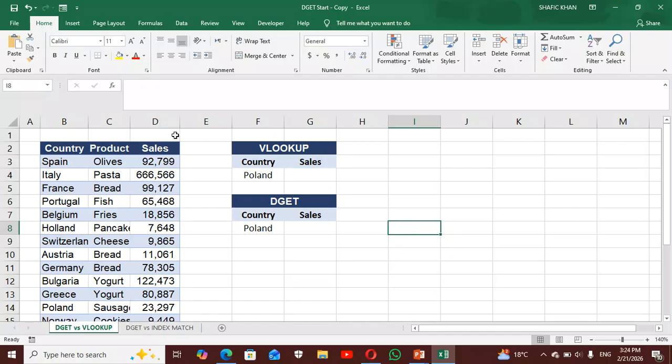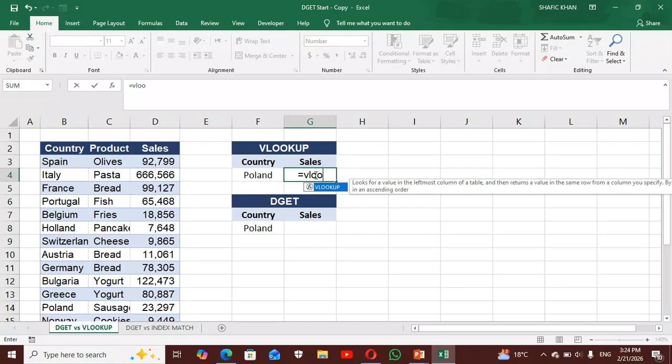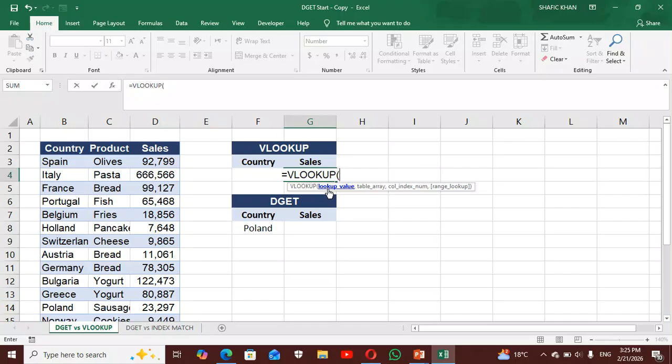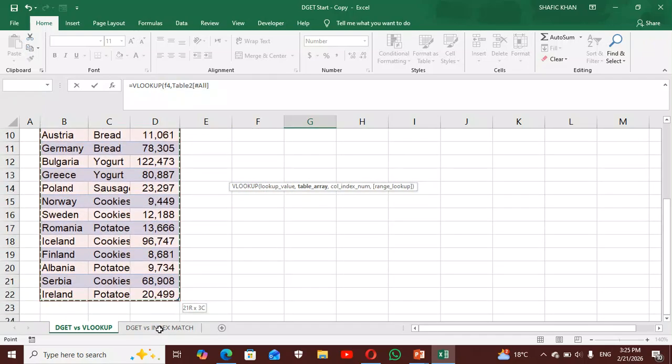Given a table of this database, we have the countries here. We happen to have the products, we have the sales as well, and we are using the VLOOKUP function to determine the sales of the country Poland. What happens? We shall have our formula equals VLOOKUP. Then we determine the lookup value, which is F4. This is where our country Poland is. Comma. It is determined in the data, the table given to us here. We look at the entire table